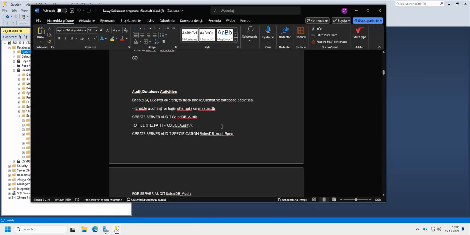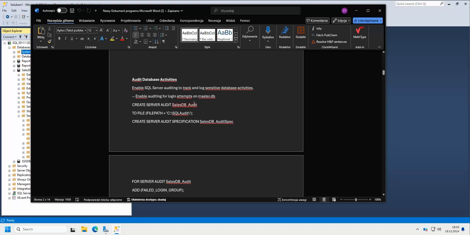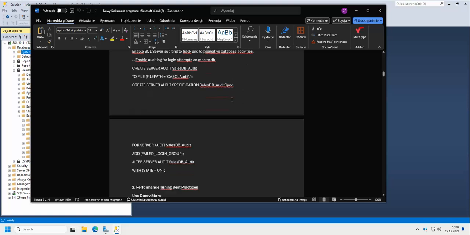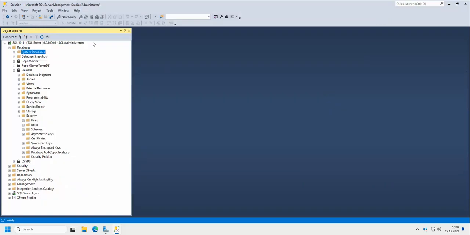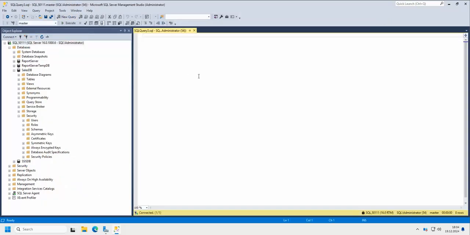So next thing after that, we got auditing the database activities. So enable SQL Server auditing to track and log sensitive data activities. Okay, so basically to do it, we're gonna run this query. So let us do a new query here. So enable auditing for logging attempts on MasterDB. So basically it's for MasterDB, but it can be, as you can see, server audit for SalesDB, so for my database of course,